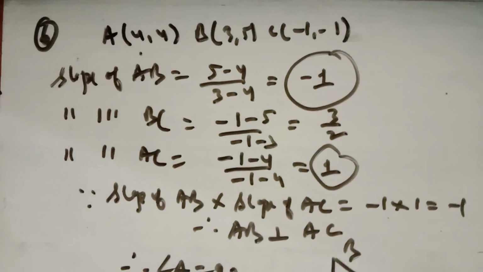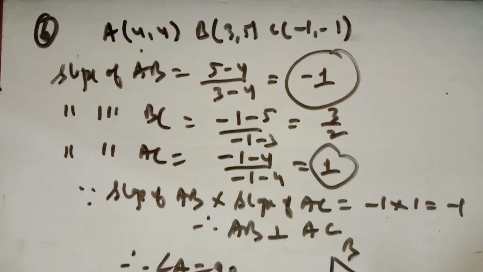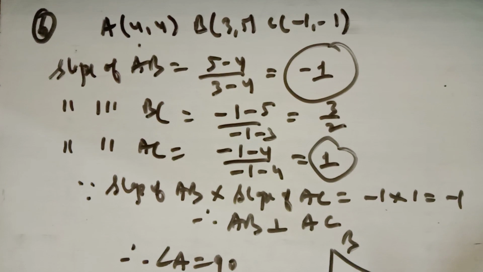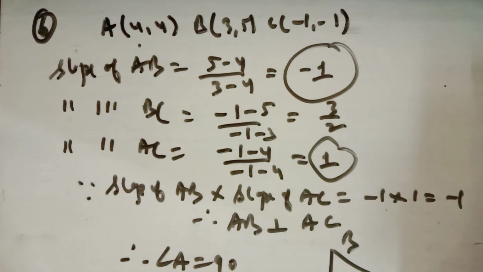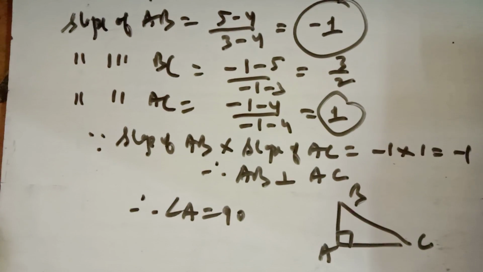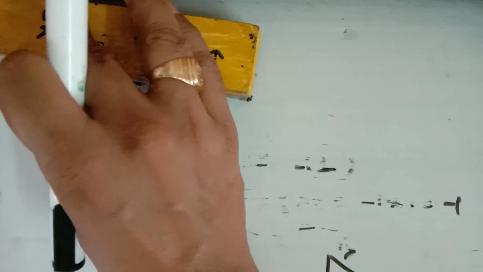You find the slope of all 3 sides of the triangle, AB, AC and BC, and from this it is observed that the slope of AB into the slope of AC is coming out to be -1. So therefore AB is perpendicular to AC. Therefore the triangle is right angle at A. You can easily tell in a right angle triangle which angle is the right angle. Now in question number 7,